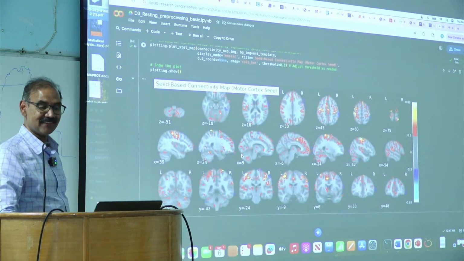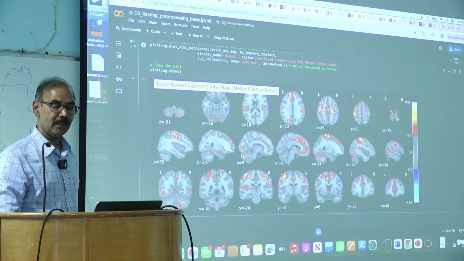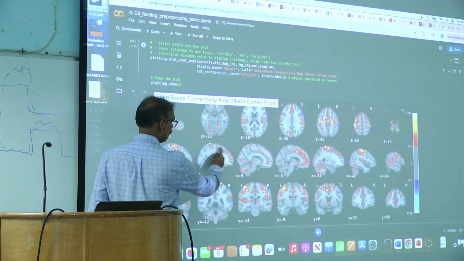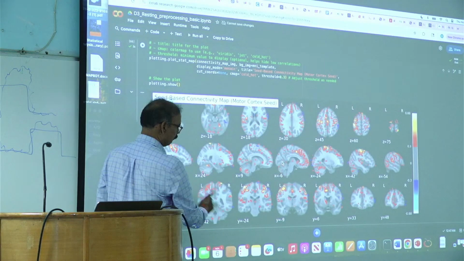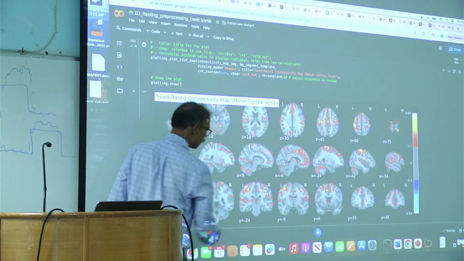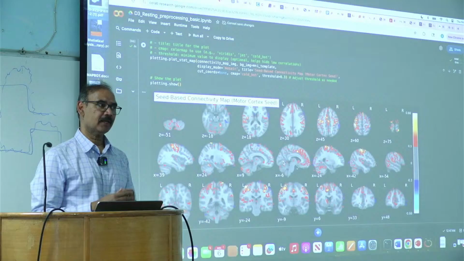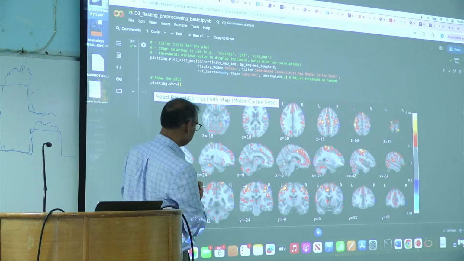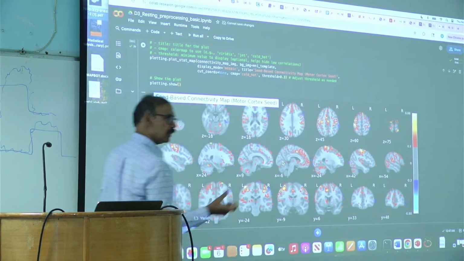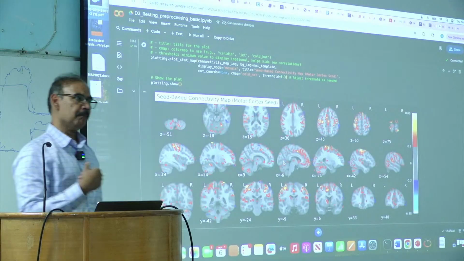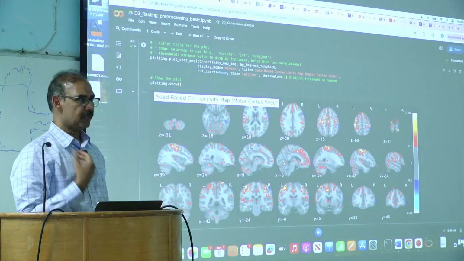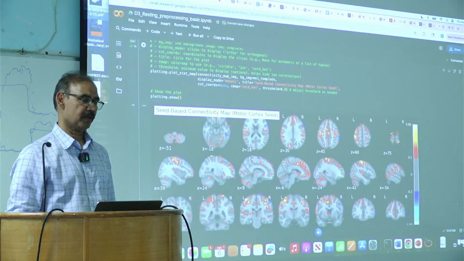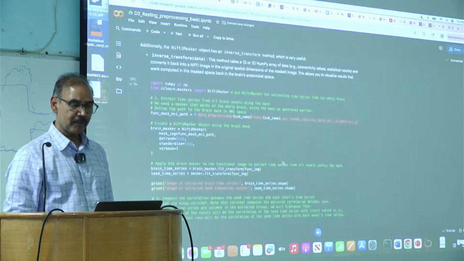Okay. So maybe not so good. This is 18. You can see a lot of things on the edge, which were not there here. So what must have happened is that in addition to the sensory motor cortex, perhaps it has come to the edge. When it comes to the edge, there is CSF and other tissue, which would make this image noisier. So we can go back and try